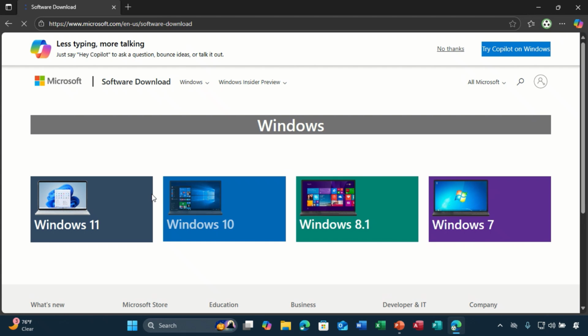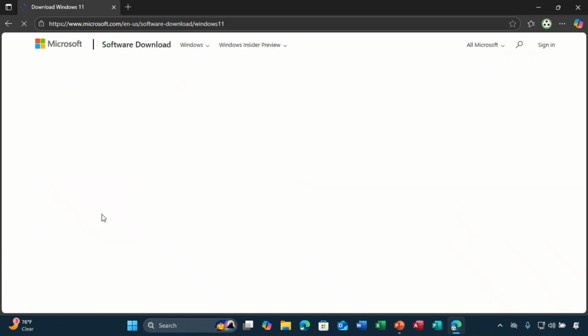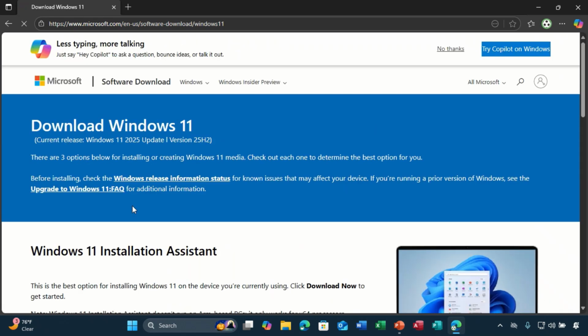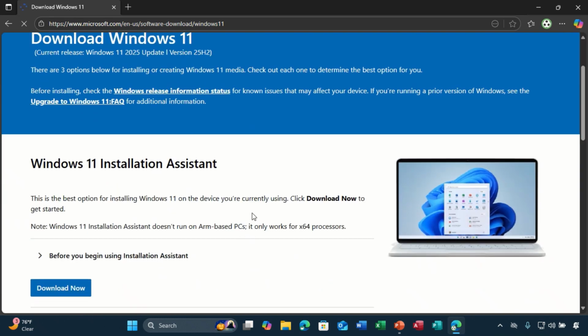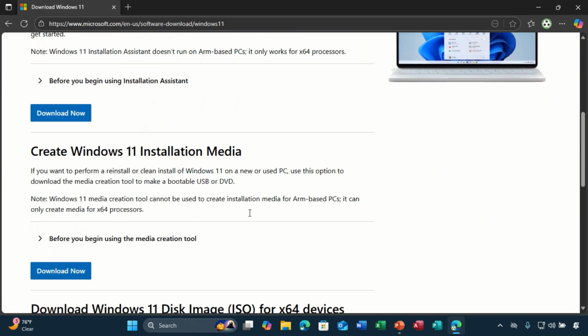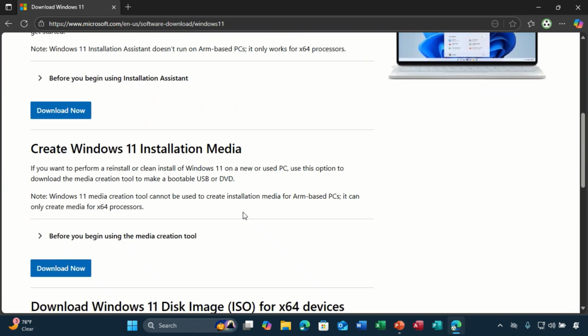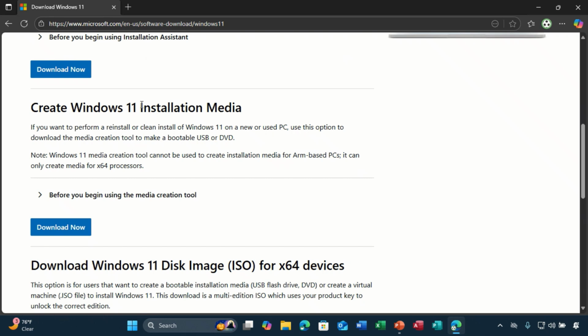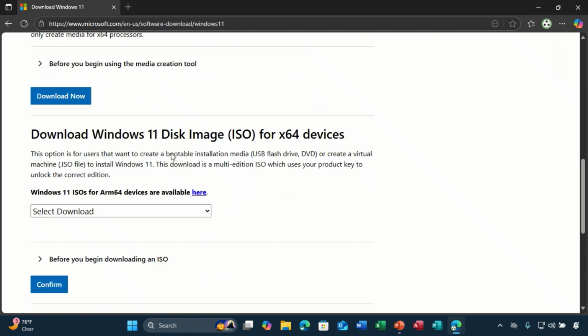Once you are in the site, you select the system that you want, in our case, Windows 11. You click that one. Then you scroll down. In our previous videos, we talk about this media creation tool. If you are interested, you can go back and watch that video. But in our case, we will use the last option, download Windows 11 disk image ISO file